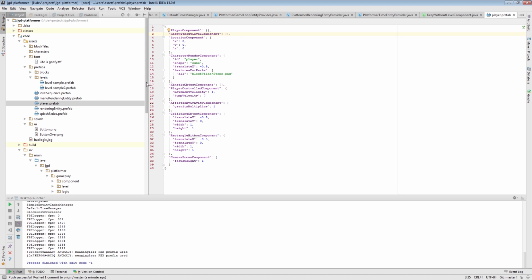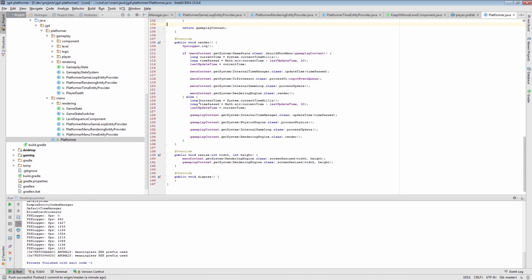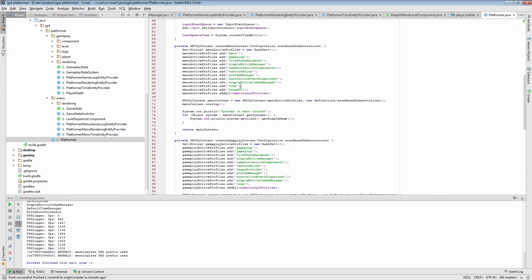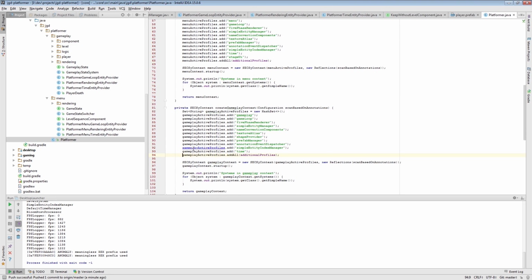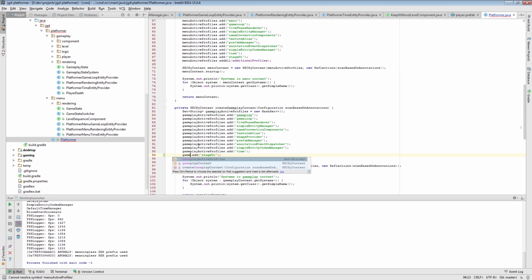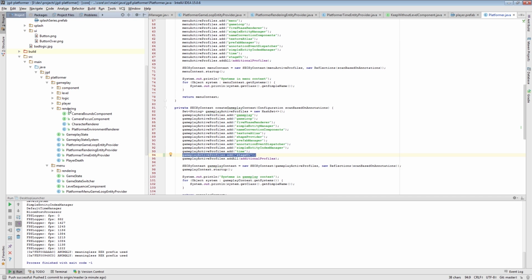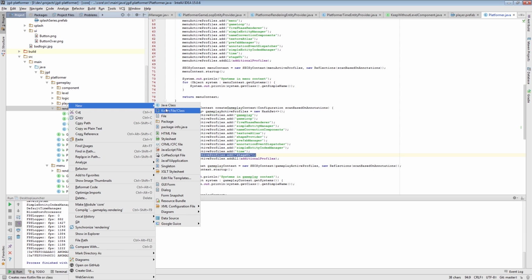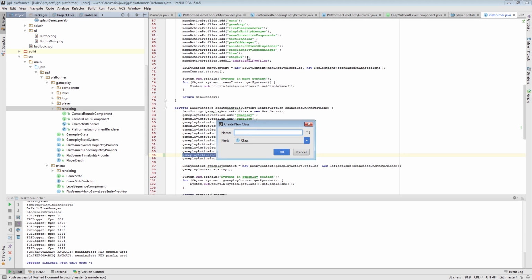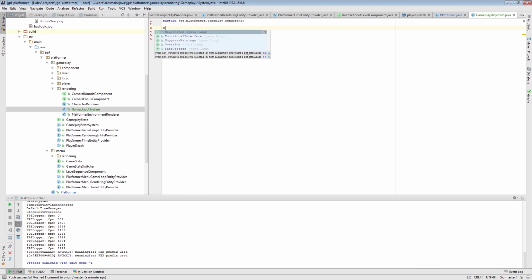Okay, so let's start off with adding a user interface. And similarly as we did for the menu, I will have to add the stage UI to the gameplay profiles. So now we have stage provided, and stage UI available. And let's, in the rendering, let me create a new class called gameplay UI system. Register it,